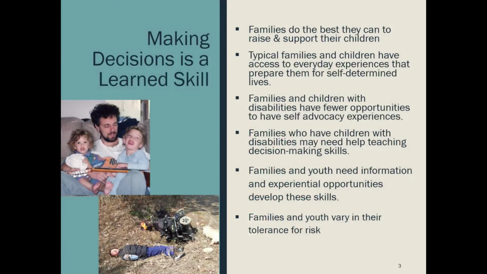as well as have access to lots of different kinds of opportunities to make decisions, and to help prepare kids to be self-determined. And kids are really hardwired. I mean, adolescence is all about pushing families away, right? Or pushing parents away, and establishing that young adults' ability to guide their own lives and make their own decisions, whatever the quality of those decisions might be. And we know that kids with disabilities have fewer opportunities to do that than their typically developing peers.